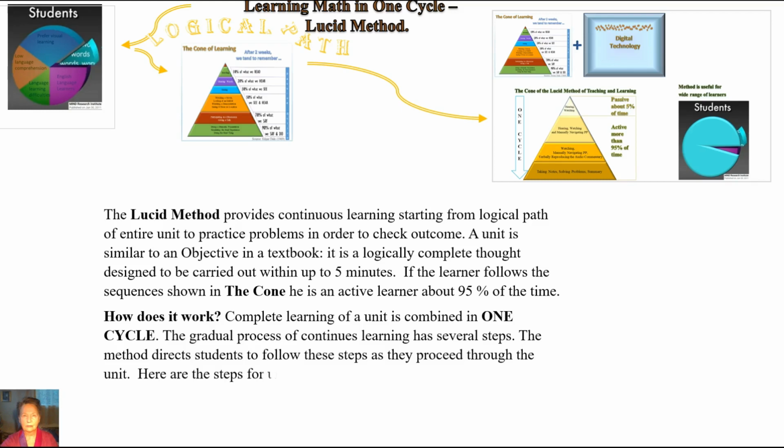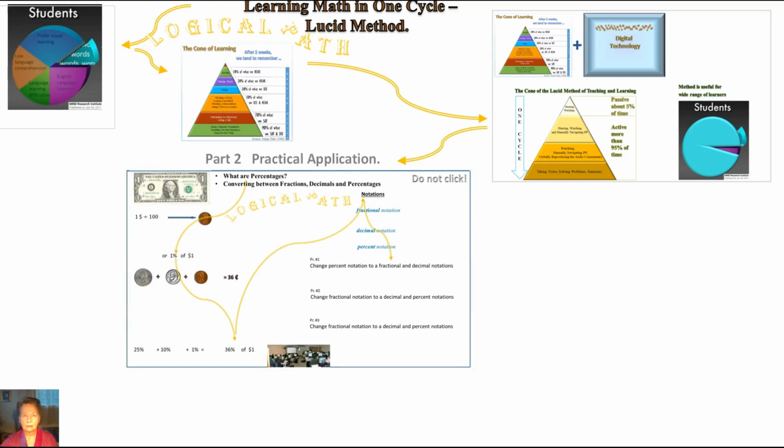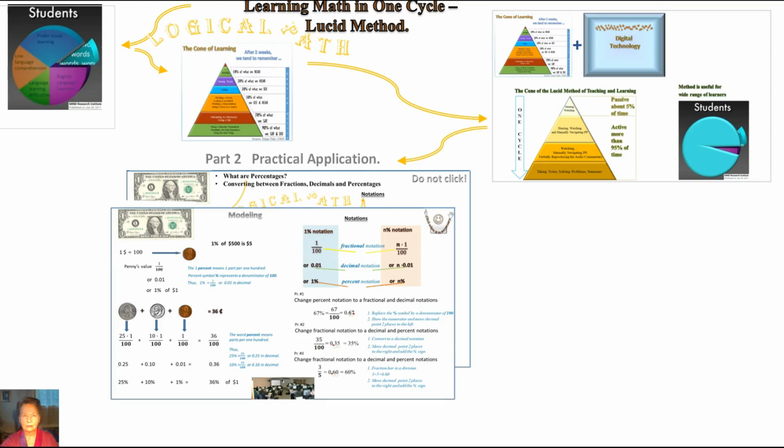Here are the steps for the unit percent. First slide, the logical path or overview of the whole unit. Second slide, the learner has to focus for up to 5 minutes on the slide in order to integrate the images with their narrative by going back and forth using the arrow keys to synchronize them. The learner may pause the slides if more time is needed to understand. The verbal audio part of the presentation doesn't specify when the student should click to advance the presentation. Rather, it's the student's responsibility to figure that out from the context.